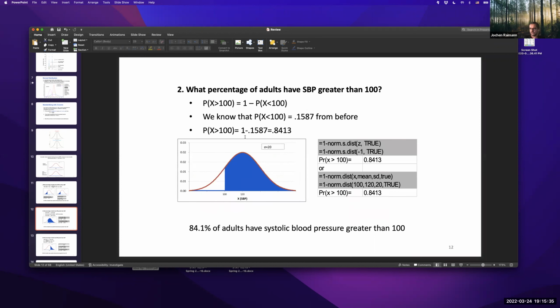So this is essentially what we did in class. This is done with the norm dist function. If you calculate 1 minus norm dist, you get everything greater than that set score that you have investigated here. So you can see.